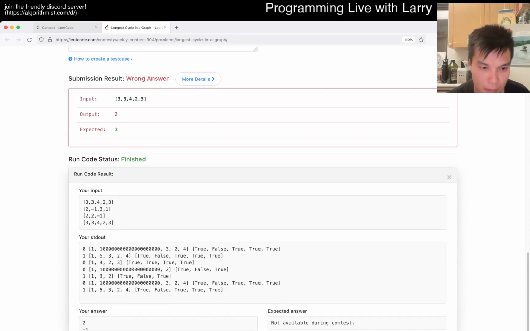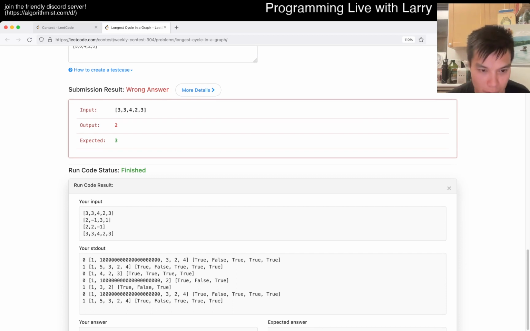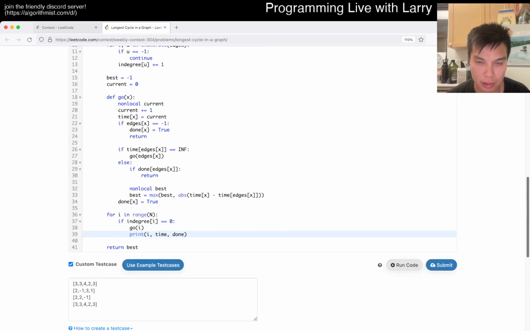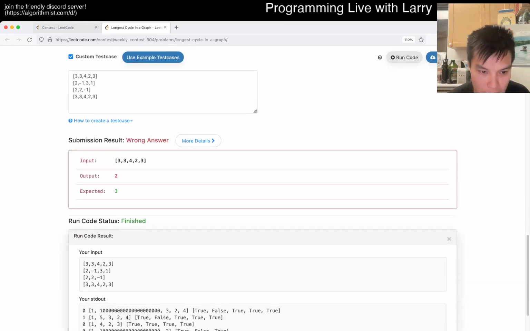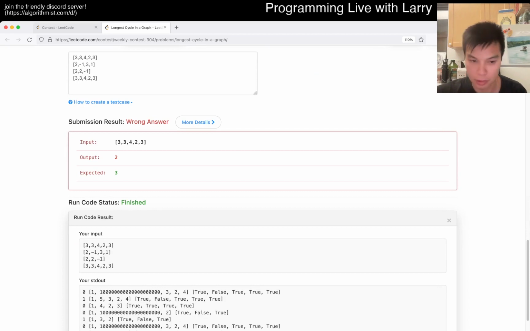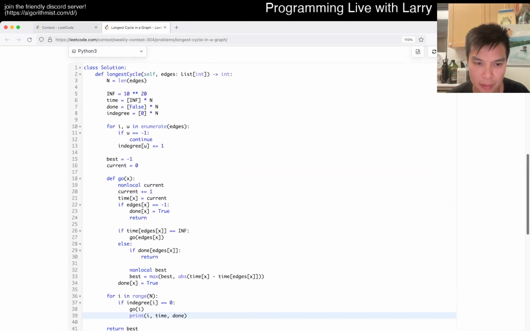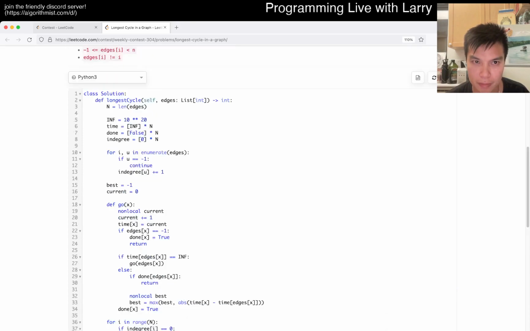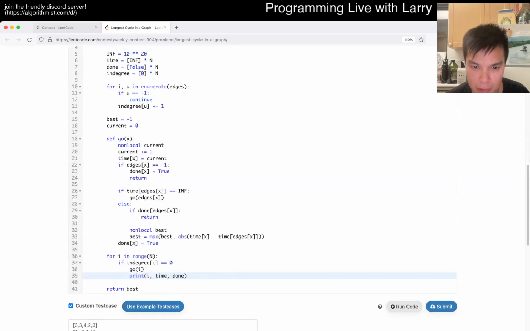I mean, I should have done it maybe in a cleaner way, but that's okay. So 0. I'm going to go to 3, 2, 4. Yeah, and then they're all done. So then why is that 2 instead of 3? Because this is 0, 1, 2, 3. Let's see it. Yeah, so this is 1, 2, 3, 4. So 2, 4. Did I mess up my loop? Why is the first one right then? Because these are the time. So if there's time, there should be